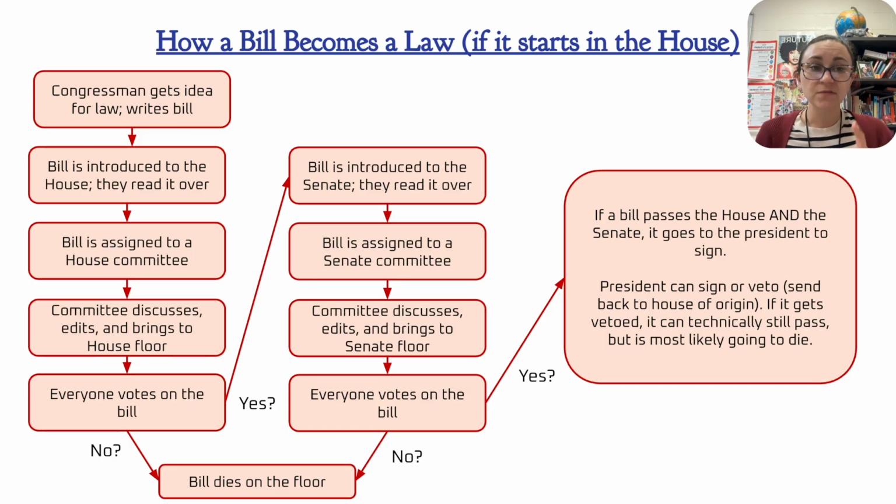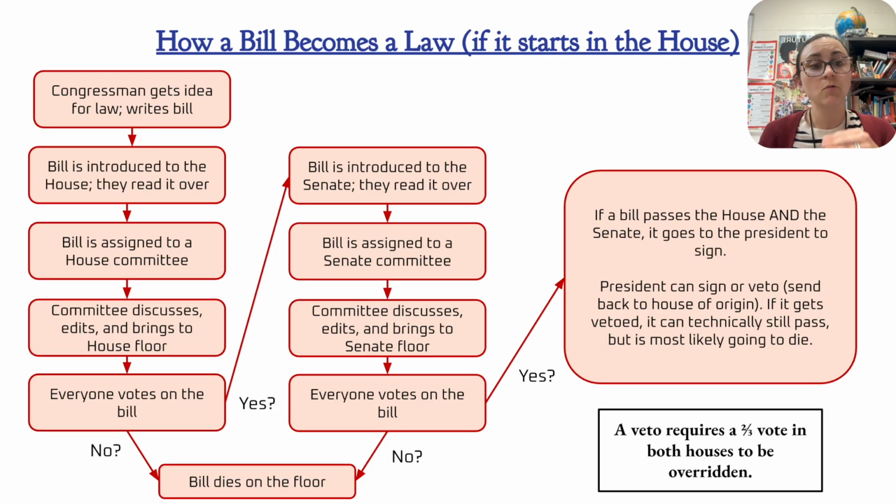Now, if it gets vetoed, technically it can still pass. That's because a veto requires a 2/3 vote in both houses to be overridden. This is so that if there is a split government, which means the president is one party and the Congress, House and Senate, are another party, and the president does not like that the House and Senate are of the opposite party,